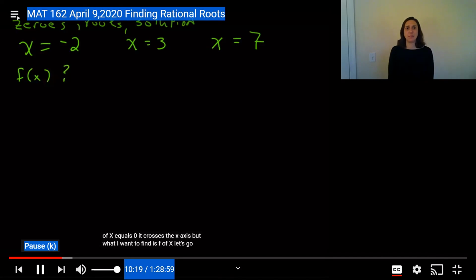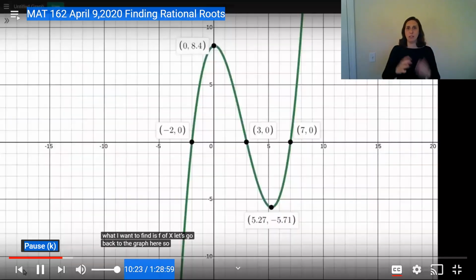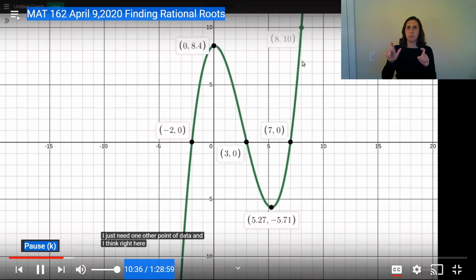Let's go back to the graph here. I can say that this is most likely a 3rd degree polynomial. I just need one other point of data, and I think right here is looking nice. See right there? When x is 8, the function has a value of 10. And this would be a data point. I'm getting this from a graph, but I can say, when I plug in 8 into this function,